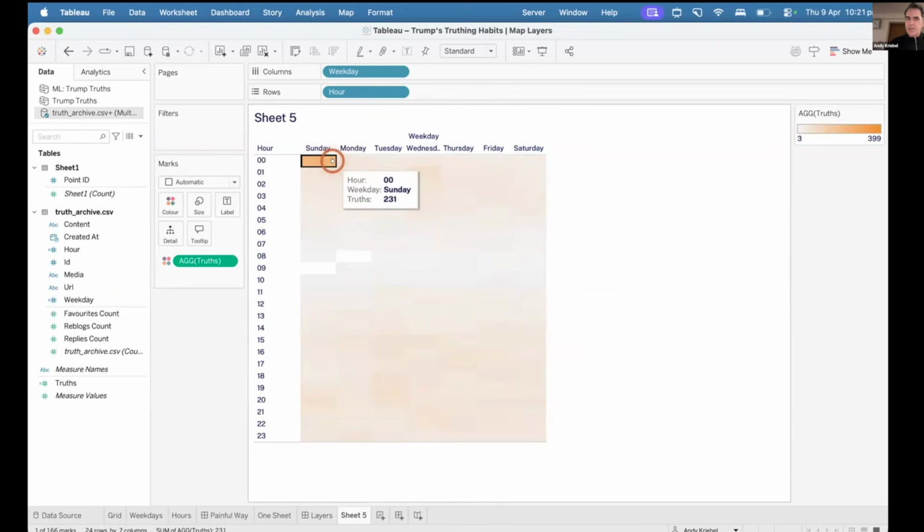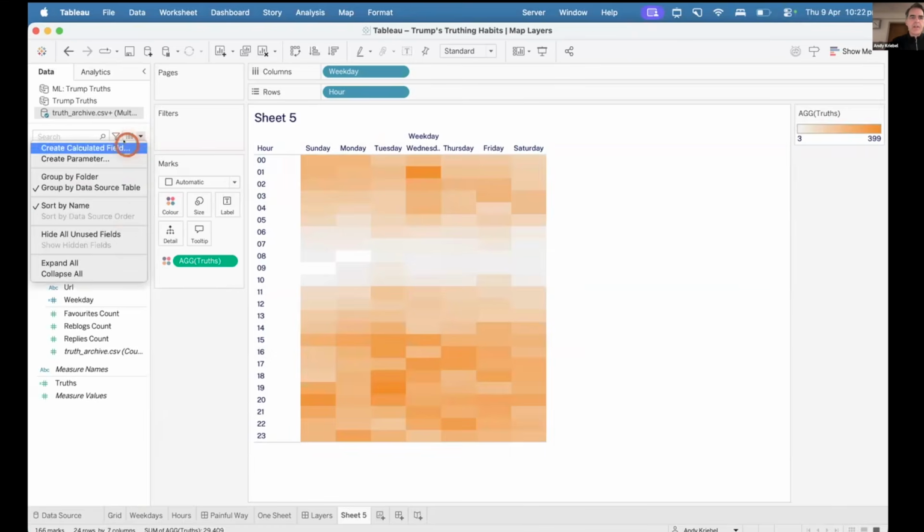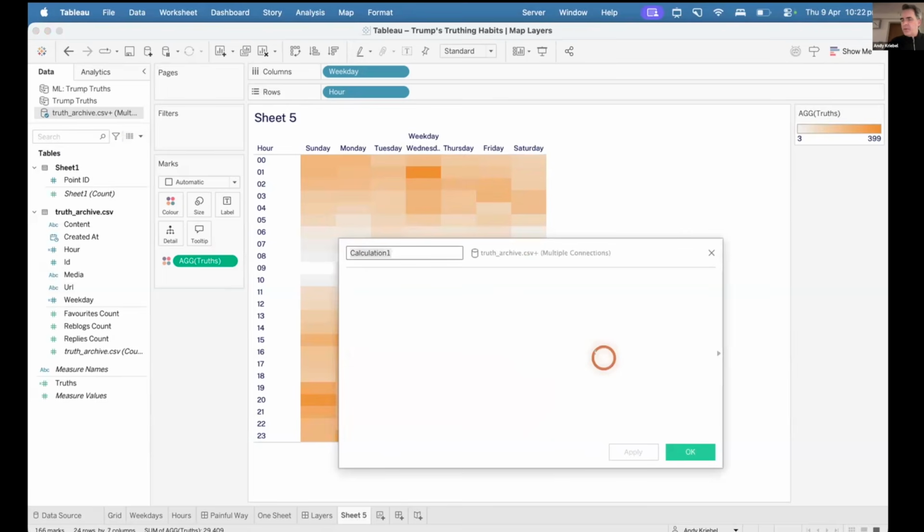Right? It's going to go from 1 to 2. Monday is going to go from 2 to 3. Tuesday from 3 to 4. Wednesday from 4 to 5, etc. And then top to bottom, they're going to go from 0 to 1, 1 to 2, 2 to 3, etc. Going down the view. I'm going to create a new calculated field, and I'm going to call this my heat